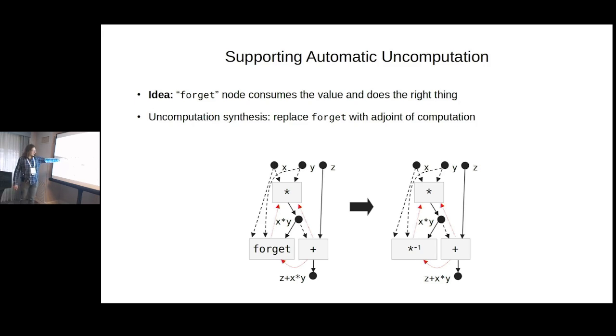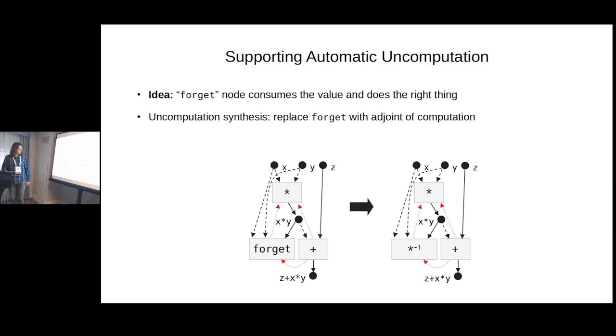In this case, this multiplication, and apply the adjoint of that operation. So basically, run the circuit in reverse, and this thing will consume the output of the multiplication, and will not give us anything back, because that's exactly the opposite of what the regular multiplication does. This is only sound when we know that the input is exactly the one that would have been given by the multiplication. So if we have something else here, but we do the reverse of multiplication, then we will get a program that doesn't behave in any reasonable way.